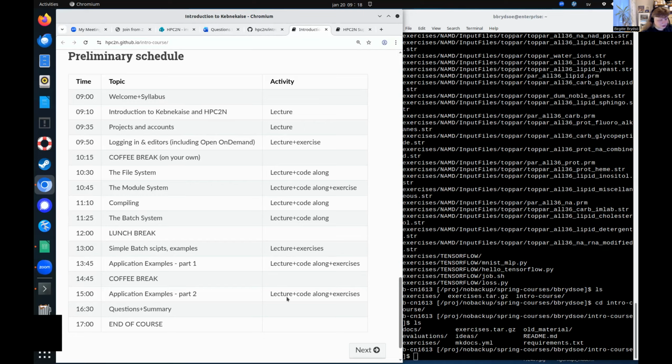There are going to be some code-alongs and exercises for that, so you can try that out. And we will end at the latest at 5 o'clock, possibly earlier, depending on how many questions there are and which software you're interested in. And there'll also be a Q&A period here at the end where you can ask more questions. So I will continue to the intro